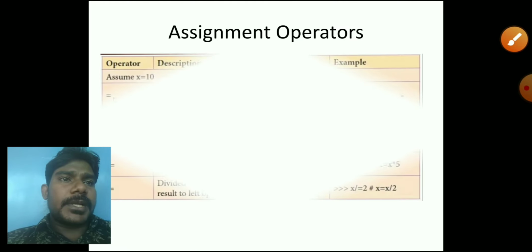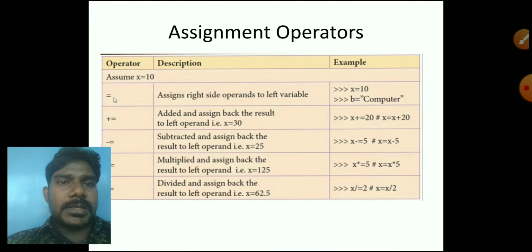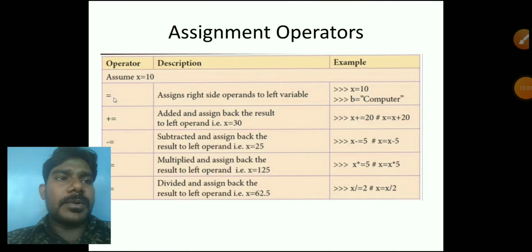Next one is the assignment operators. What are those? Equal, plus equal, minus equal, multiply equal, and divide equal. These are the assignment operators. The assignment operator gives the result of assigning a value to a variable. How are they giving the value to the variable? We have to see one by one. Here they apply the values one by one. See here,